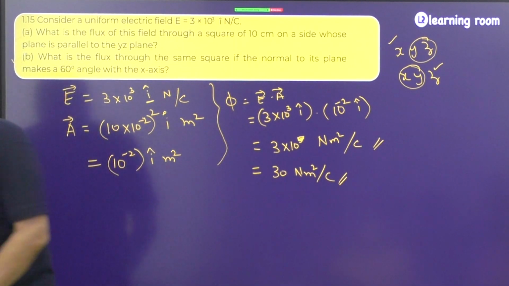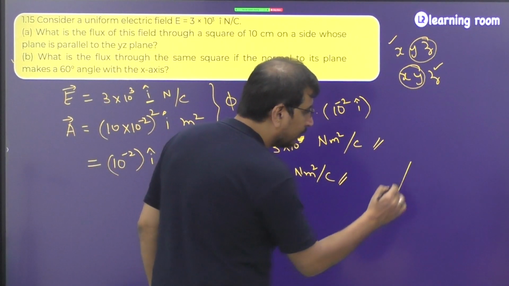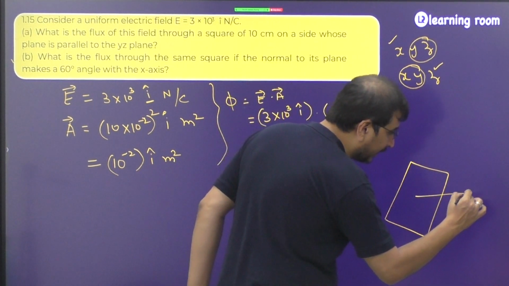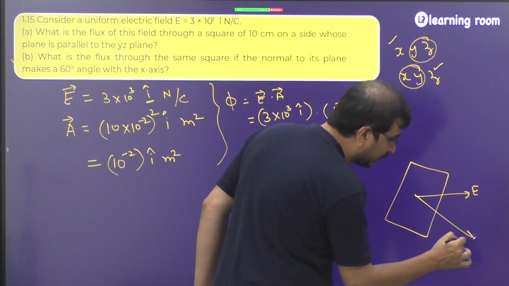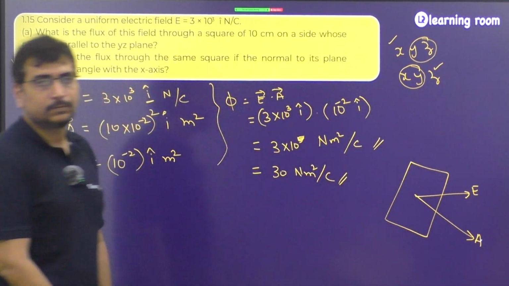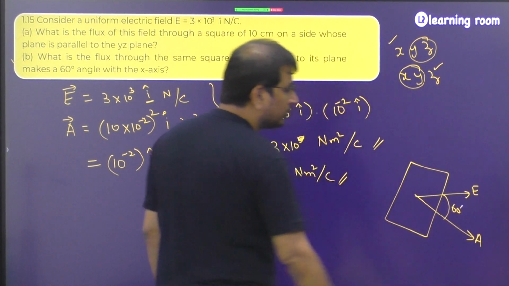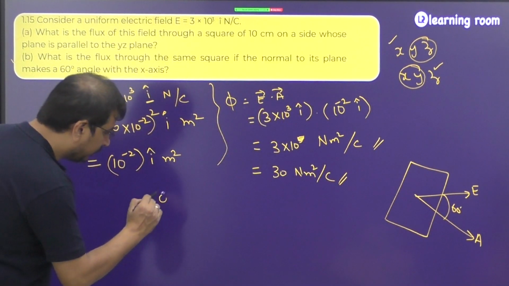So to put it simply, the diagram will look like this. If this is how the paper is, and this is how the electric field is, then this is how the area vector will look. Then how much is the angle? So what is going to be the flux? Flux will be equal